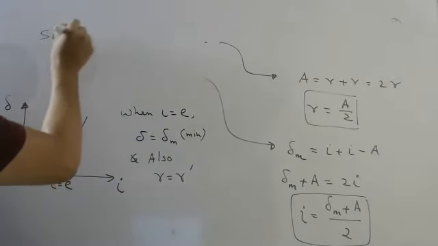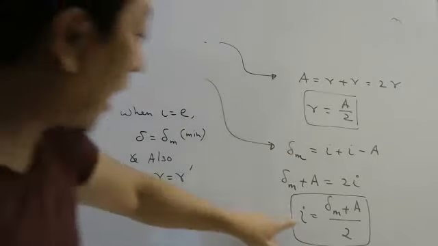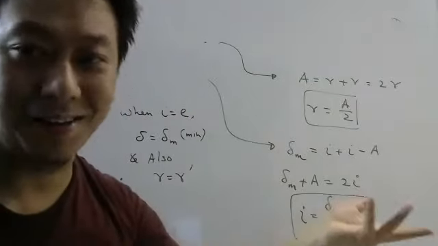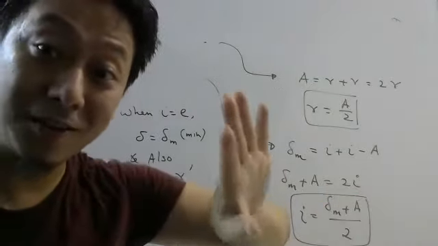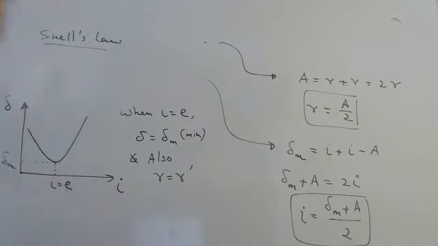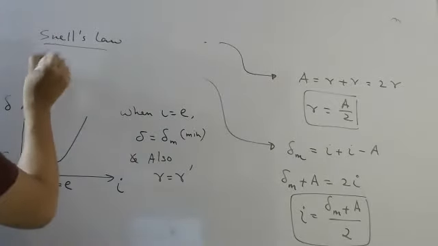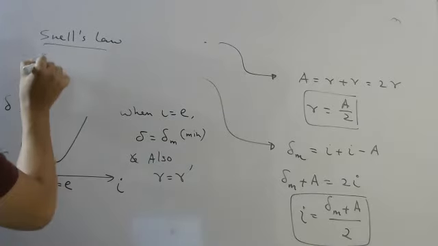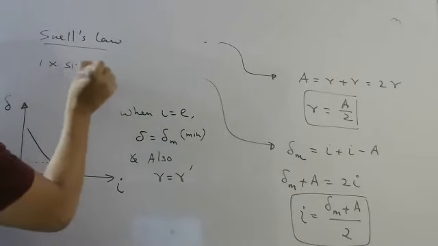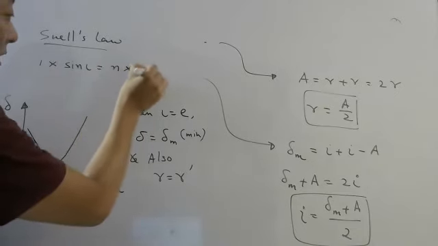So using Snell's law, for first refraction you use, because we have found I and R, not E and R dash. You can find E and R dash, that is, then you have to use Snell's law at the second surface. But I have found I and R, so I will use Snell's law at the first surface. So at first surface, what it was? Refractive index of outside medium is 1 because it is air. So 1 into sin I equals inside medium is glass, so n into sin R.